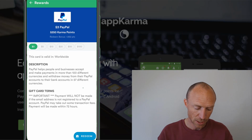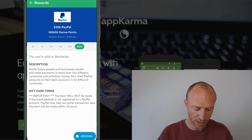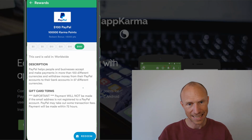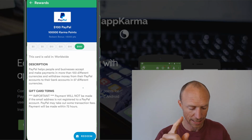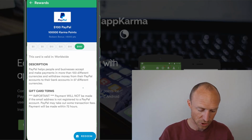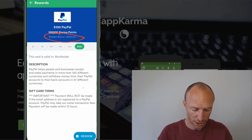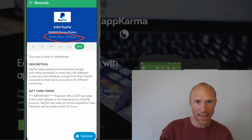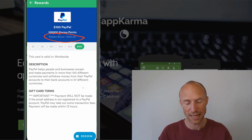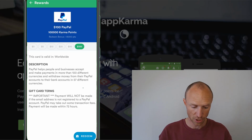It's very easy to get, but you just need to be aware that if you take it out already, then you can see how many points you need to earn. It's a bit more expensive. If you wait till you earn 10, it's a little bit cheaper, and if you wait till you've earned 100, that can take some time. I'll talk more about that in just a few seconds, but then it will give you the best value for your points there. But also you see you get a redeem bonus, so you actually do get points back, so you get a discount whenever you do that. That's really great. But anyways, I will choose 100 because I have actually enough points for that,